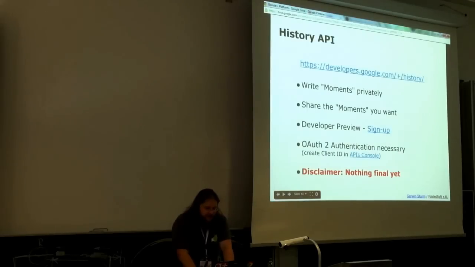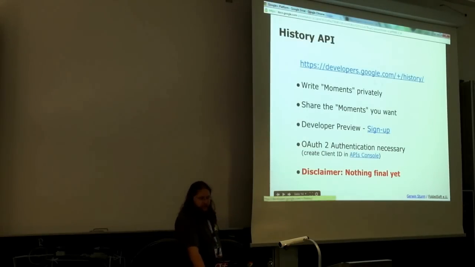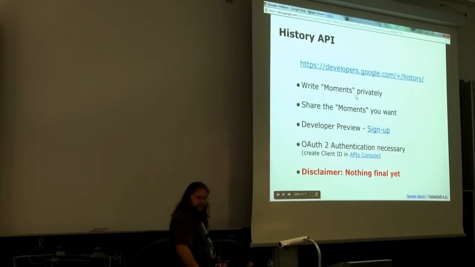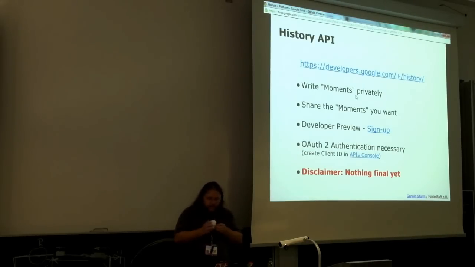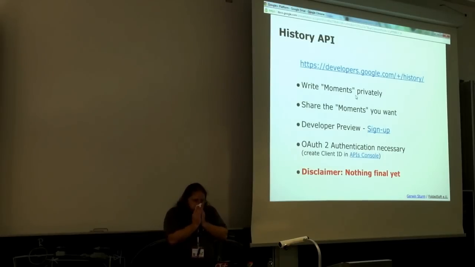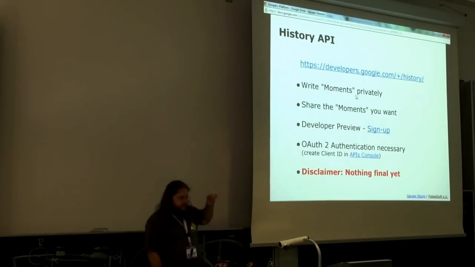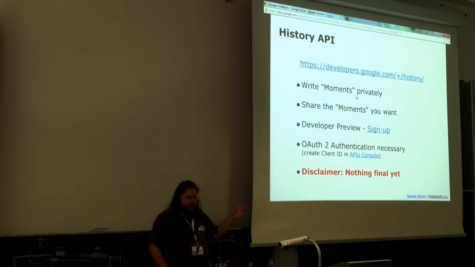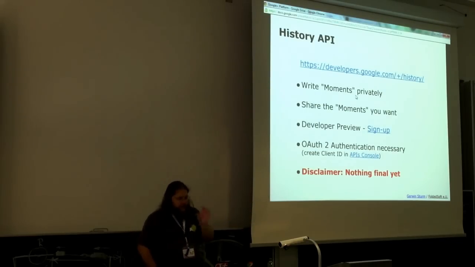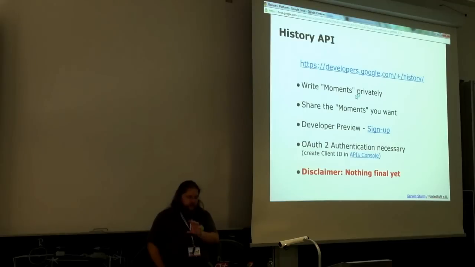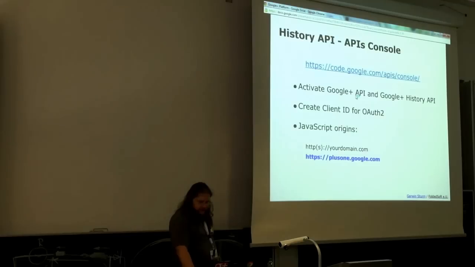So if you're interested in using this, you have to sign up for the preview at developers.google.com/+/preview, and then you have a sign up somewhere. Of course, the REST API was public, so you didn't need any user authentication for this part. But now, because this writes directly for one user, you need to use authentication, and Google actually made this easy